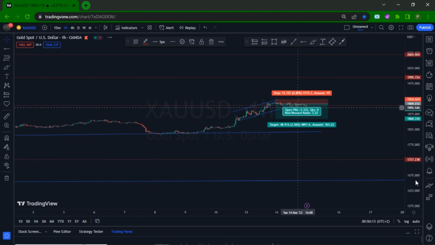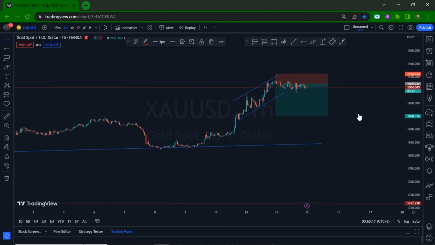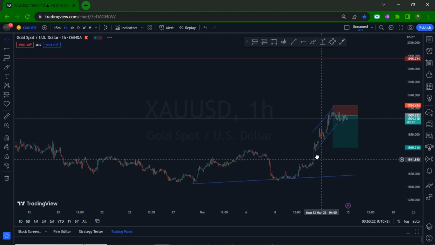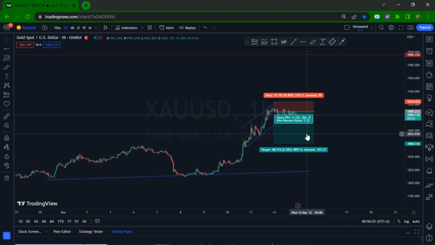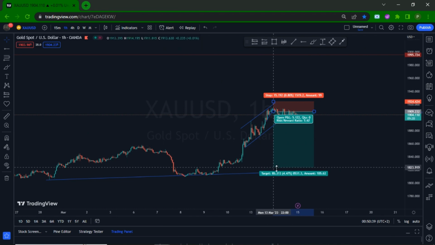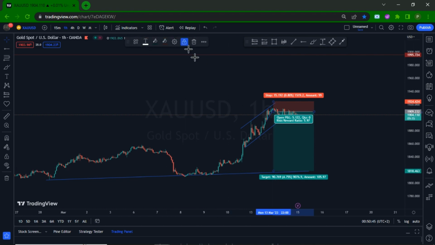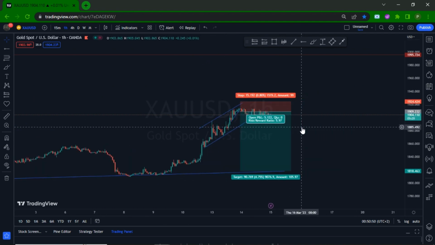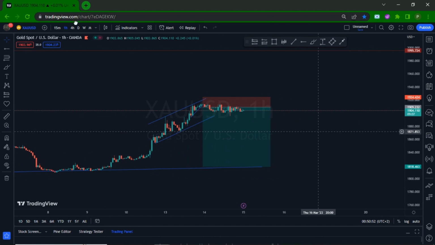We executed immediately. We didn't wait for sell stops or anything. We just sold, and it's been playing around. I haven't locked in profit yet, but I'll let it play out and see how it goes. If it takes a loss, it's not a problem because it's a good potential. Risk to reward ratio is almost 6, right? And I believe in this trade and I'm gonna see how it plays out, right?